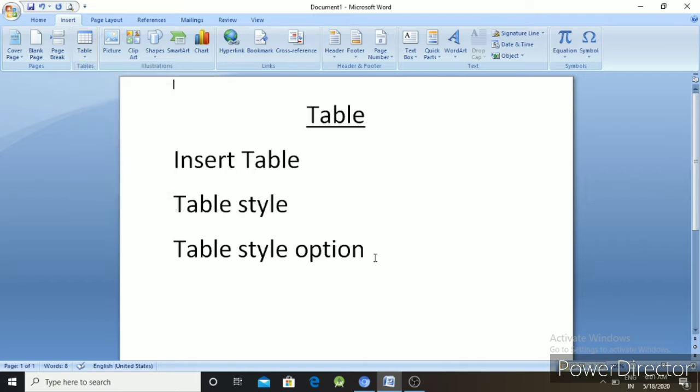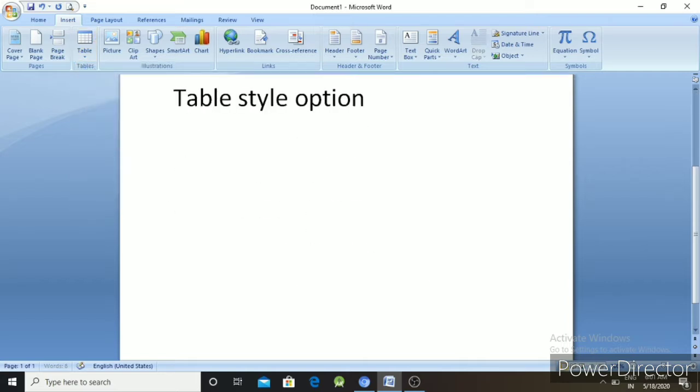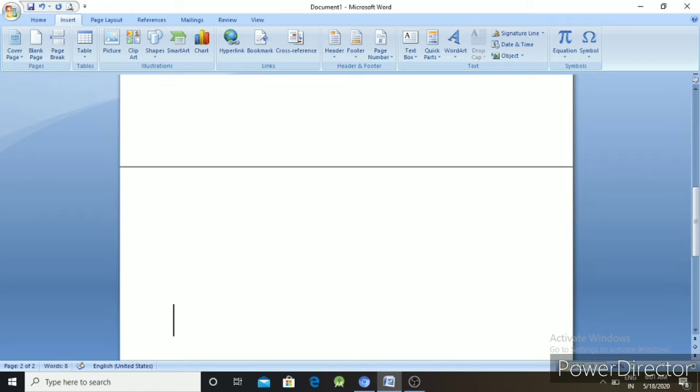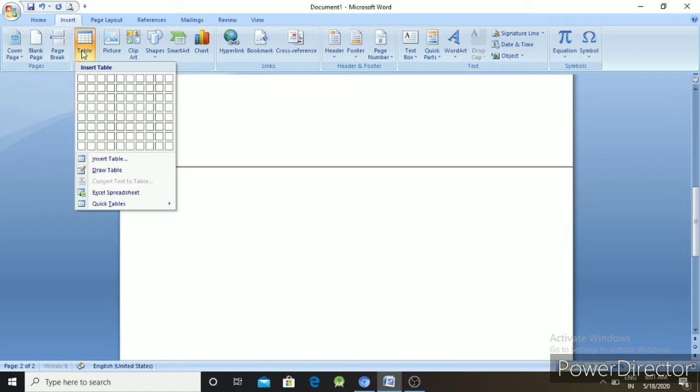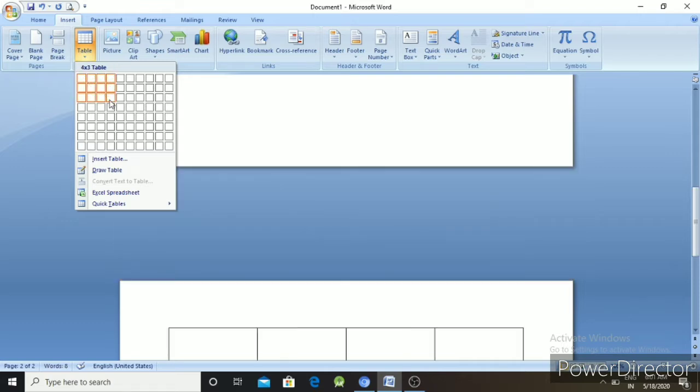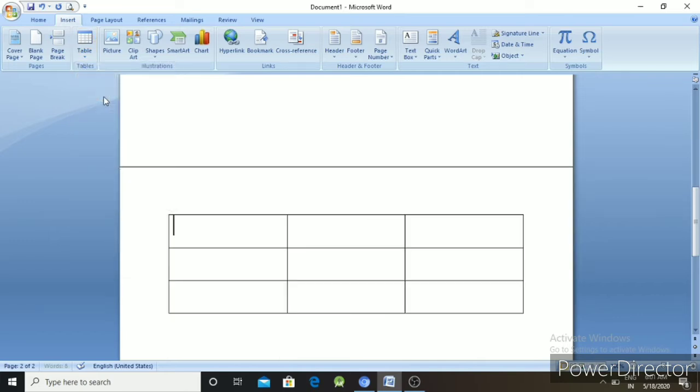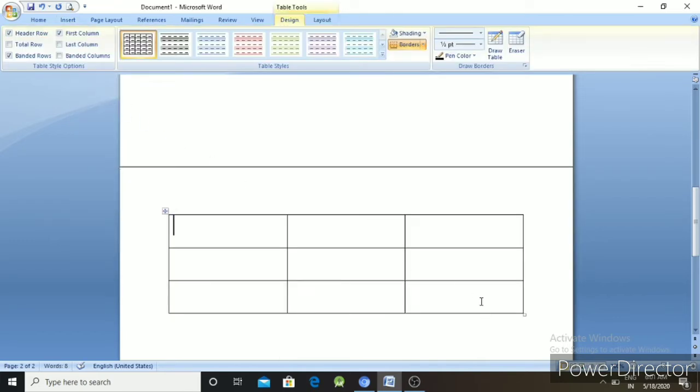First go to the second page, then go to the table option, select how many rows and columns are required, and click. That means 3 rows and 3 columns are inserted. It is one method to insert a table.